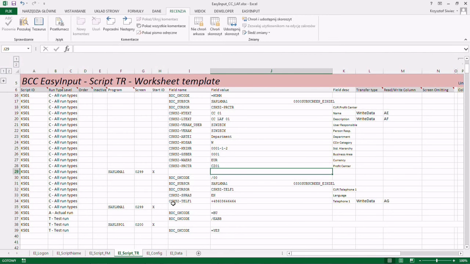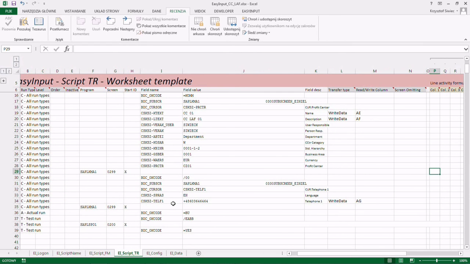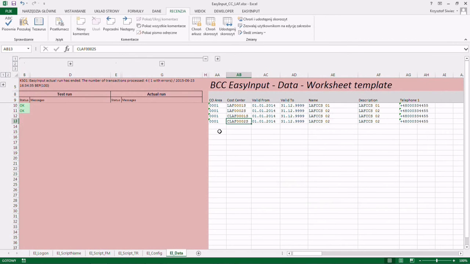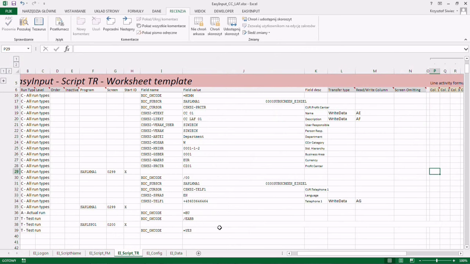And in fact, we cannot set here an Excel formula to the cost center because it's not constant. It will change while the script executes. It will be first with L at the beginning and then with C. So we have to do it more smartly